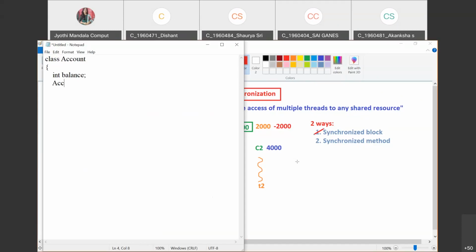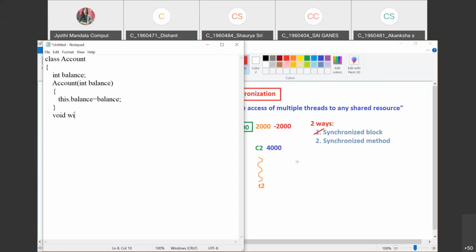So I will be taking balance as a variable, and if you want to initialize this one, because the variables are both the same, I am using this operator. Okay, balance. Up to here, all are clear. I have taken a variable called balance, and that balance is initialized. Right?